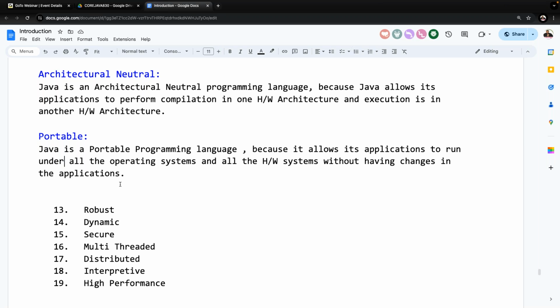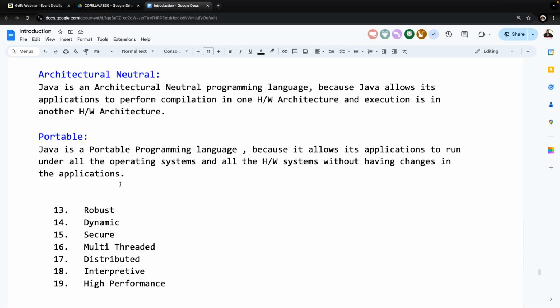What is the meaning of it now? 3 billion different devices. They try to give a list of the devices also, like computers, mobile phones, parking meters, and signaling systems maybe. 3 billion different types of devices are using Java. Because of that reason, we can conclude that Java is a portable programming language. It is suitable in any hardware system, in all the operating systems.